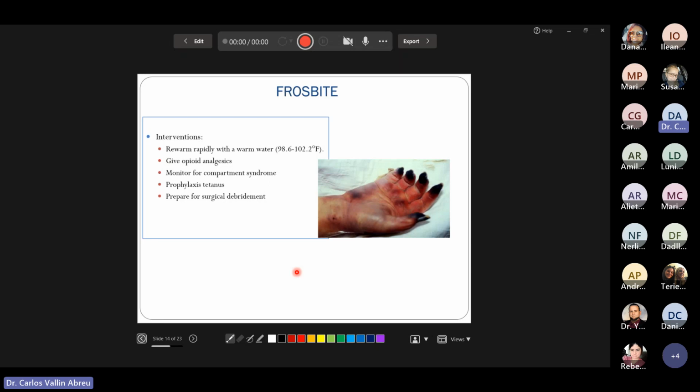Cold can freeze the cells and form crystals inside the cells that kill the cells. So it produces necrosis. But then there is another component of the frostbite that you need to understand, because it's the question in English. The frostbite is made worse because an extreme, exaggerated vasoconstriction occurs